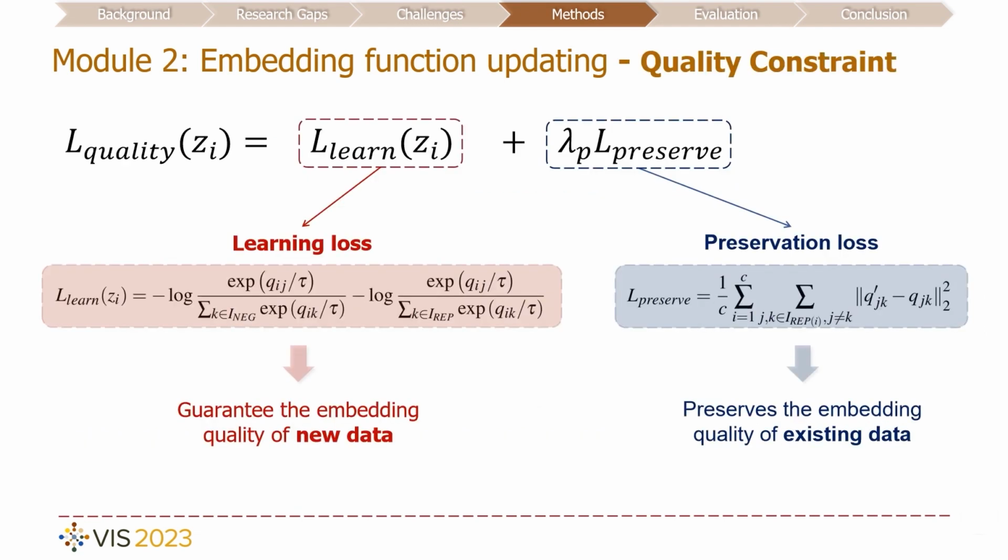To ensure the embedding quality of both existing and new data, our similarity-based quality constraint encompasses a learning loss and a preservation loss. The learning loss ensures the embedding quality of new data by learning the similarity within the new data and between the new and existing data. Meanwhile, the preservation loss safeguards the embedding quality of existing data by constraining changes in the similarity among the existing